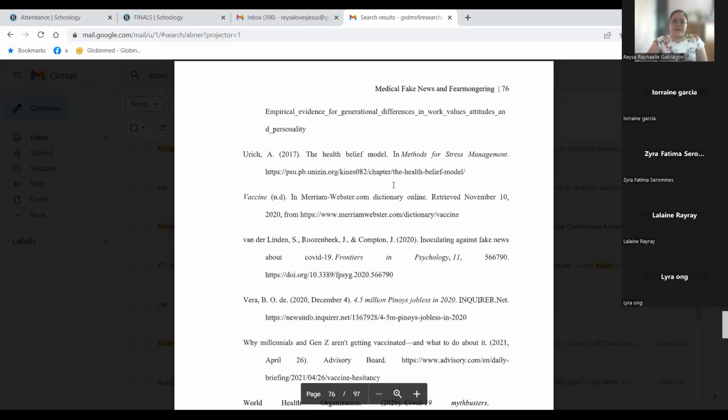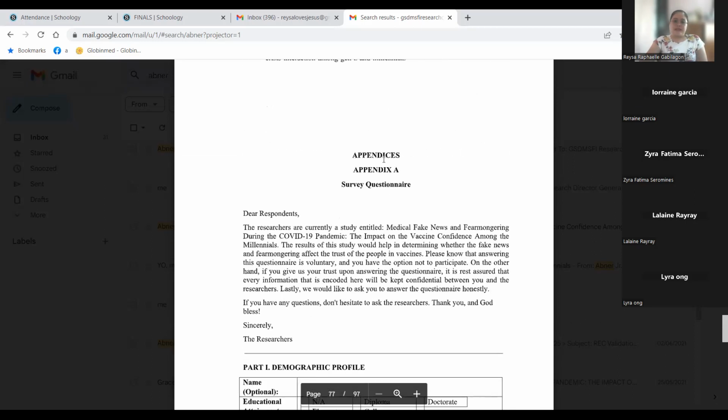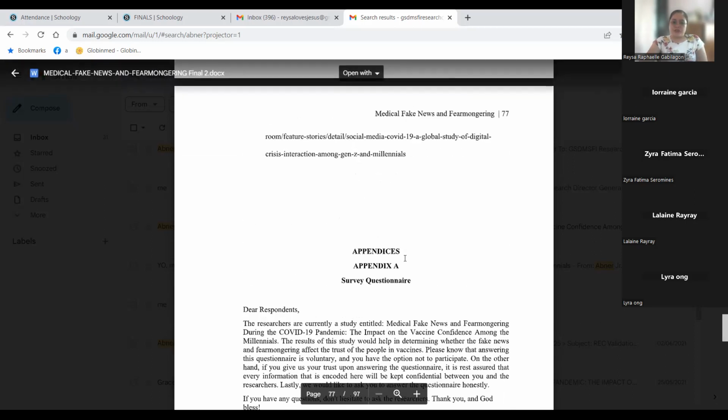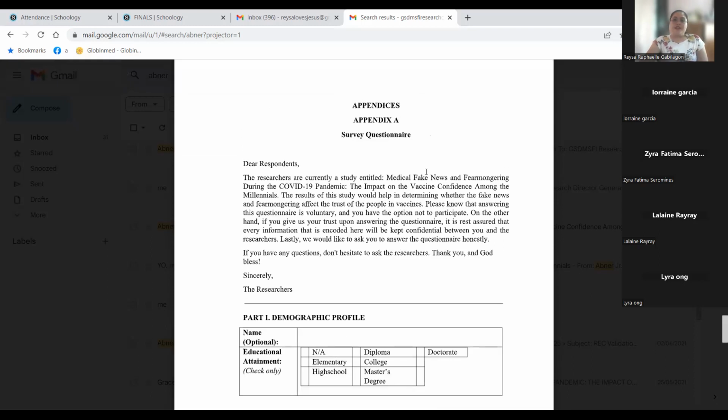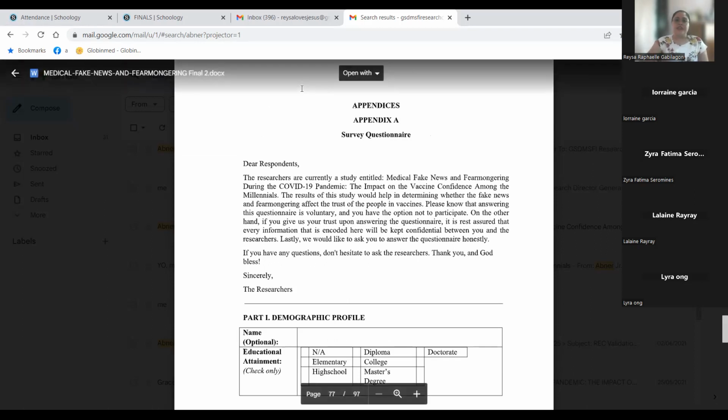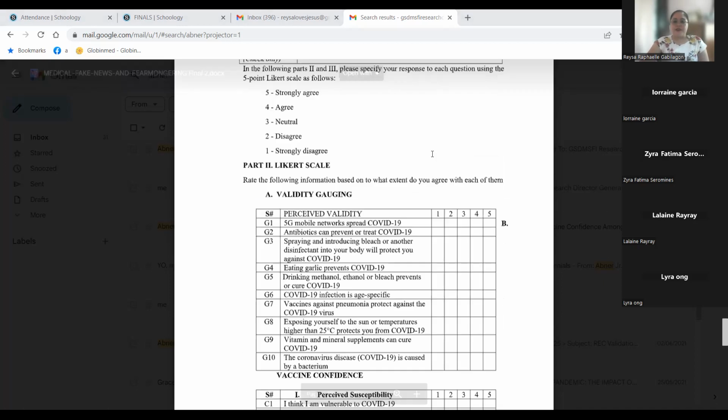But after the references, we have here the appendices. So, nasa taas dapat ito siya or nasa baba pa. Sira lang. So, appendices, class, are the necessary na mga things in your research or documents in your research pero hindi talaga sila nilalagay in the body. Okay? Hindi sila nilalagay in the introduction, methodology, results, or discussion. So, appendices yung tawag natin. So, ano yung nilalagay dito? Pwede yung survey questionnaire ninyo. Lagyan nyo ha, appendix A and then the title like survey questionnaire.